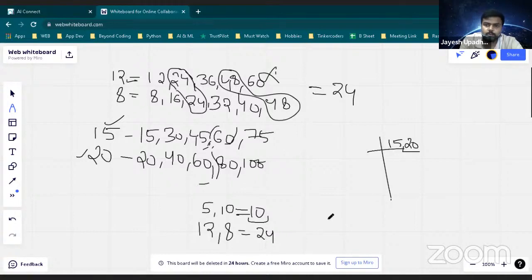Okay, so let me just tell you again what I will do. Two conclusion I have created. First conclusion is my LCM is always equal or greater than my second number. इससे तो हमेशा बड़ा ही है, so I will never start with 5. लूप मेरा 5 से कभी चलेगा ही नहीं. First thing. Second thing is, after looking into it, what I'm getting is कि 24 जो मेरा आंसर आ रहा है, ये दोनों नंबर से perfectly divisible है, right?